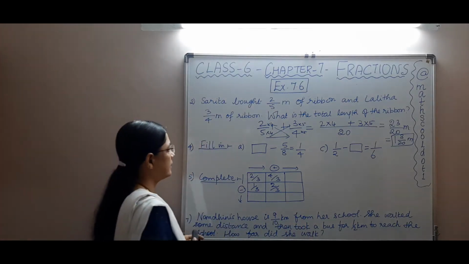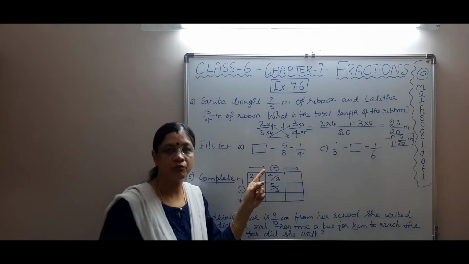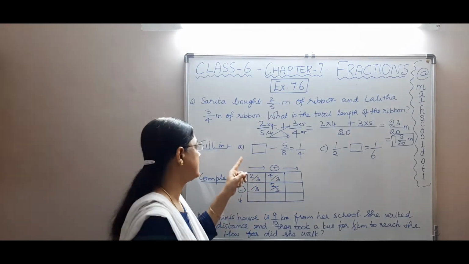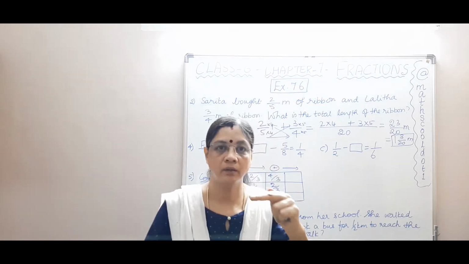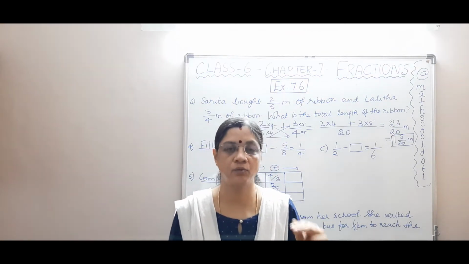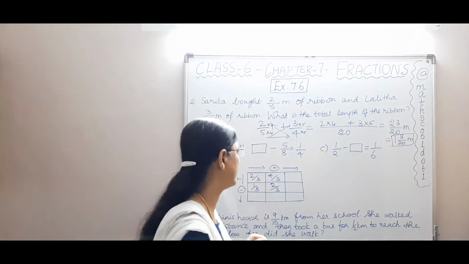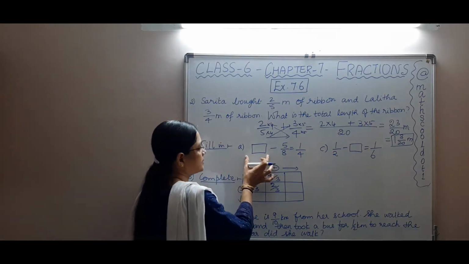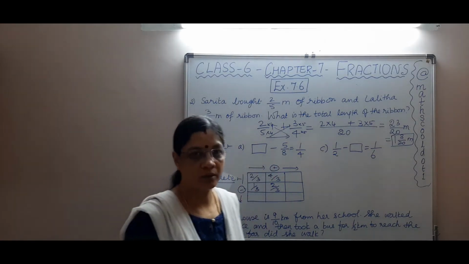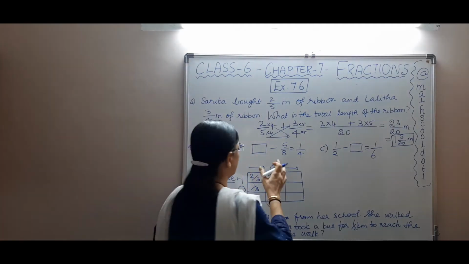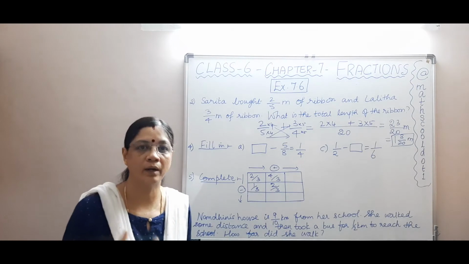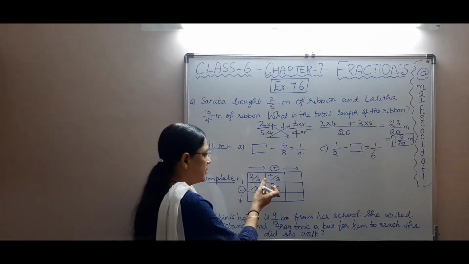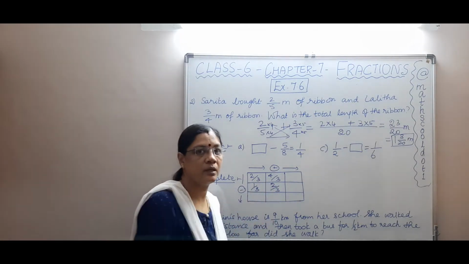Okay, now the next thing is, you need to fill in. You have to find the missing fraction here. See, when you have missing fractions like this, please do remember the procedure I say, so that it will be easier for you to solve. Okay, see here, the first digit is given. Regarding subtraction, you have both the sums as subtraction here. I'll also show you how addition is done while we are doing the next problem.